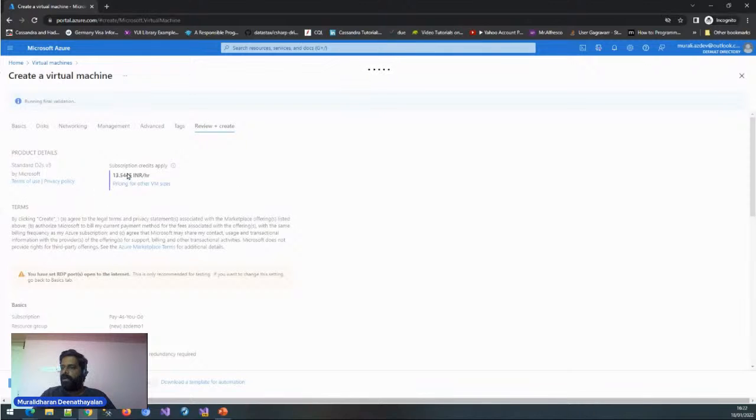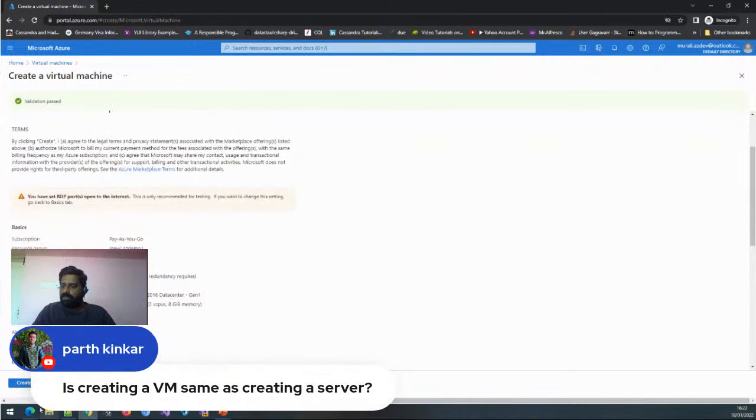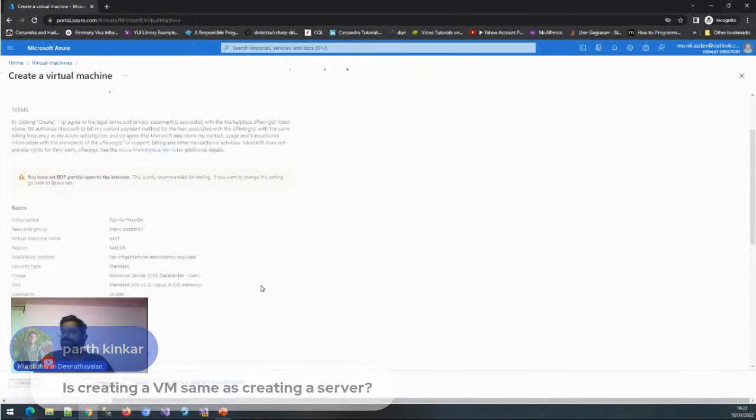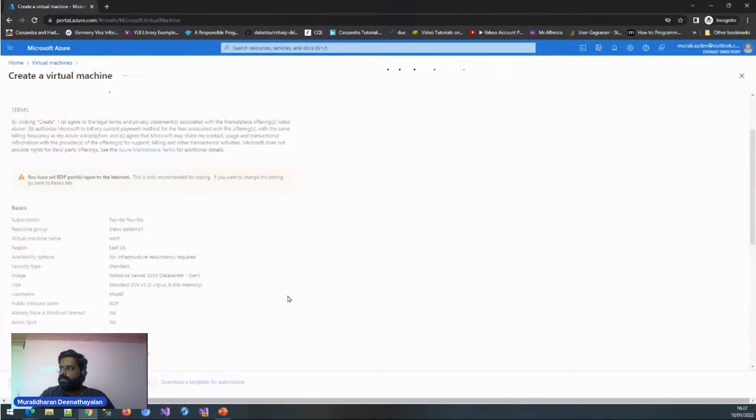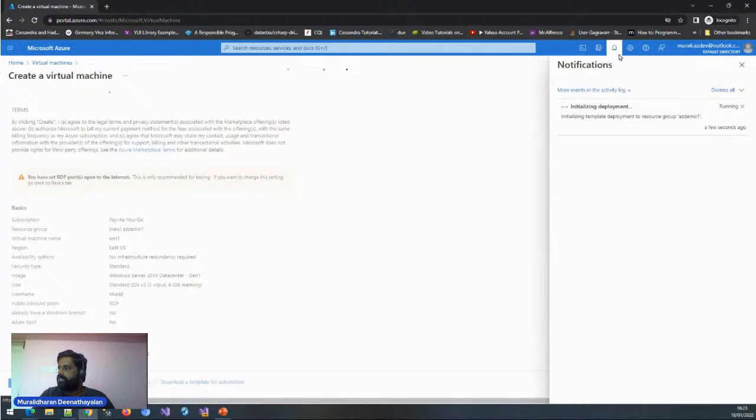So it gives me the hourly rate as well. If I run this machine per hour, it gives me about 13 rupees. Then I'm creating it. So we can see the status here. When you click the activity, it gives all the details. So in the meantime,